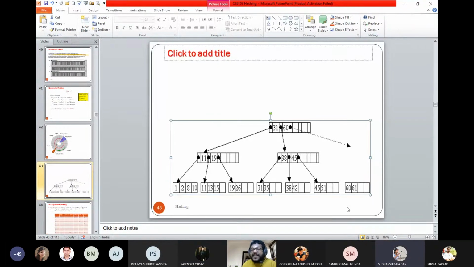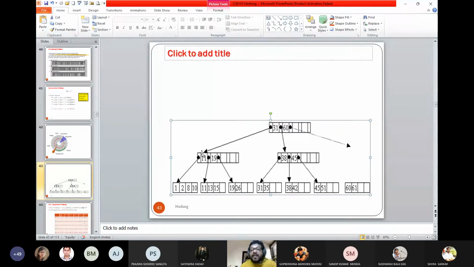Let me clarify. It is a B plus tree. It facilitates searching. Suppose I want to store your roll number and the name. Where will I store them? The range 31, 60 helps me to search. If I am searching for roll number 5, it will redirect me to the left. Agreed? So it redirects me to the left. Agreed? Yes, sir.